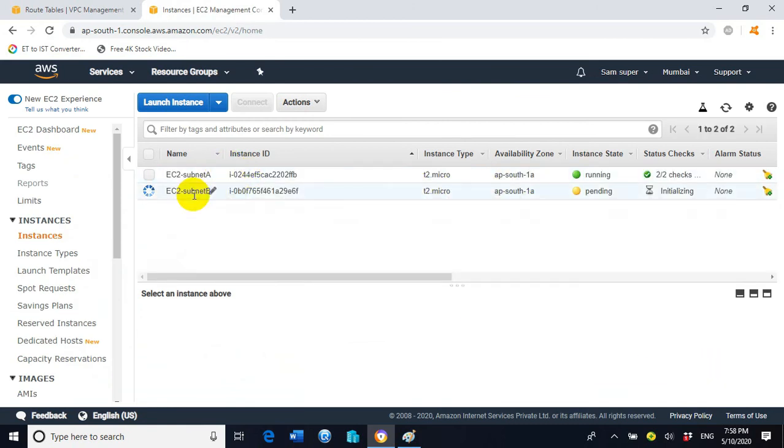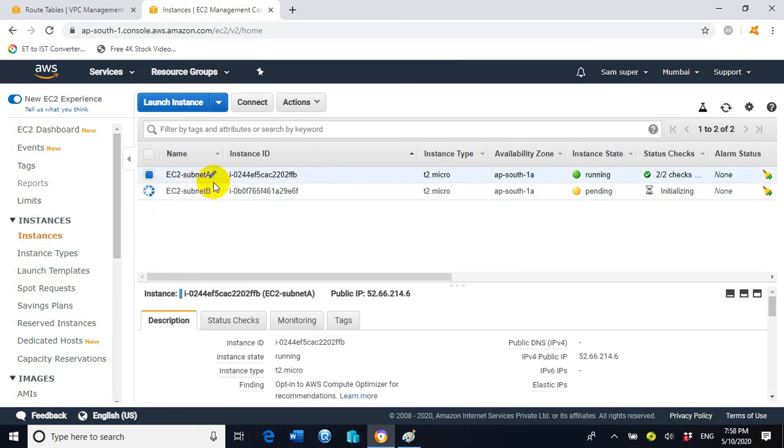Now you can see the EC2-subnet B deployment process is in the pending state, right? It will take some moments. On the other hand, you can see EC2-subnet A, the EC2 instance located in subnet A, has been deployed successfully. The instance state is showing running, and the status check is showing 2/2 checks green.